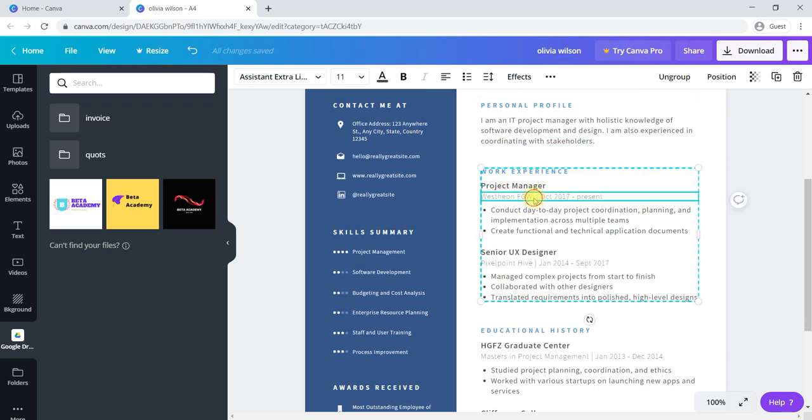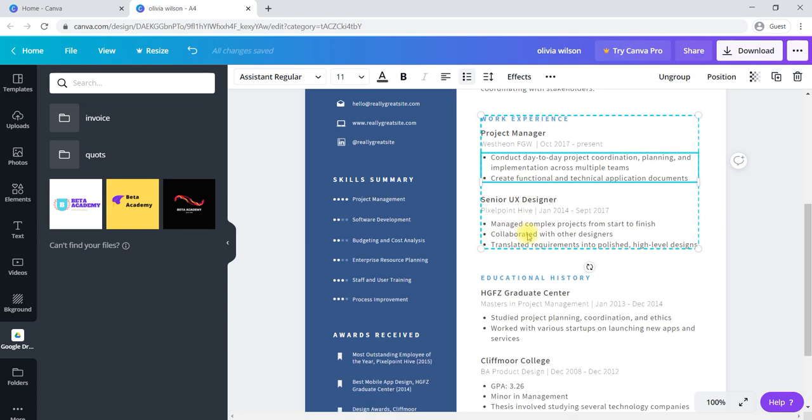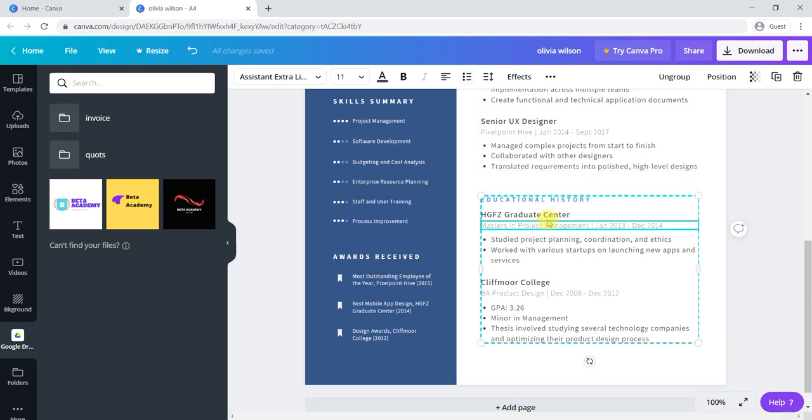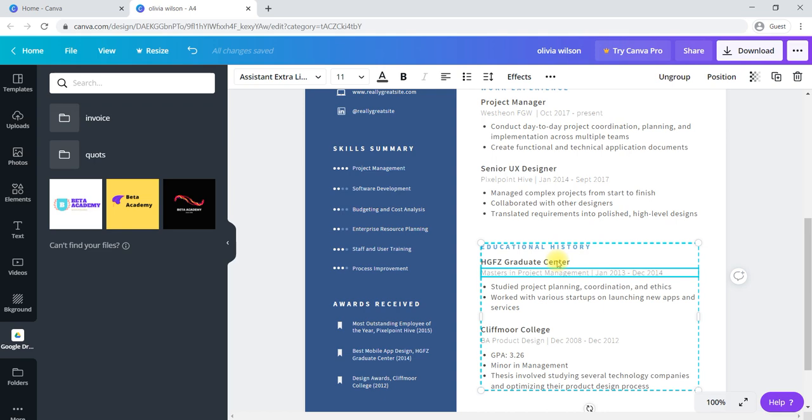And work experience, like if you have done any internship, you can give the name of the internship, what was the designation, where you did it, the company name, from when to what date, and what you did there, you can give 2 or 3 points. And educational history you can give. These are the major things we need to show in a resume.